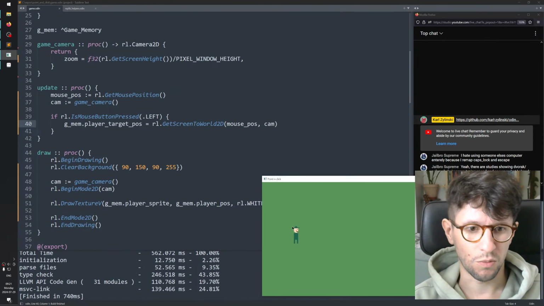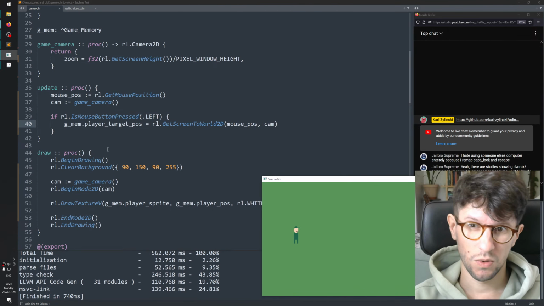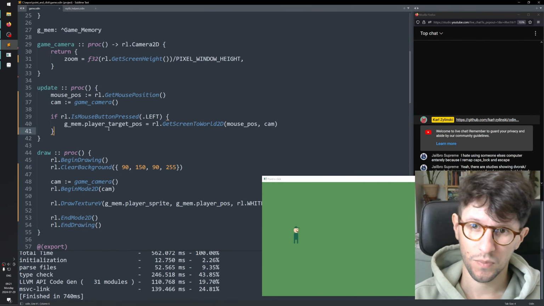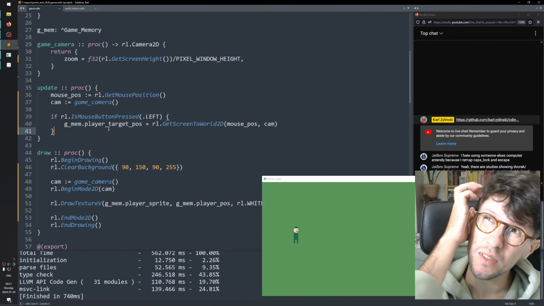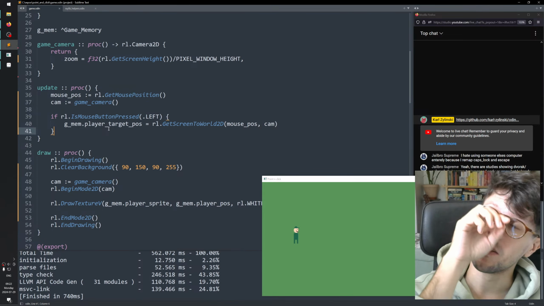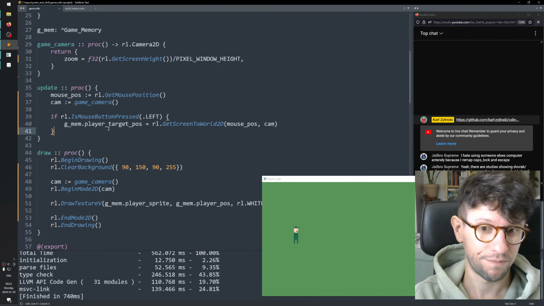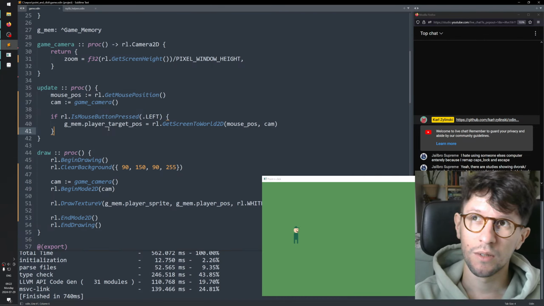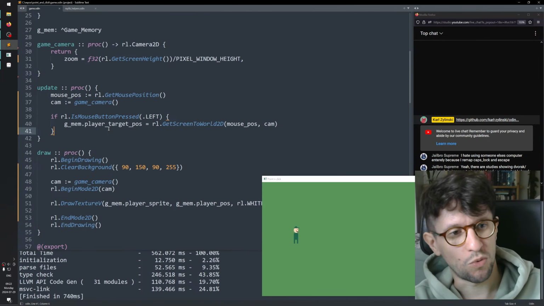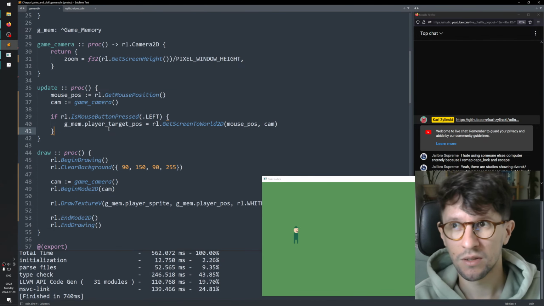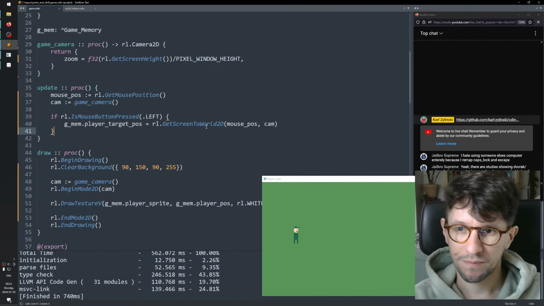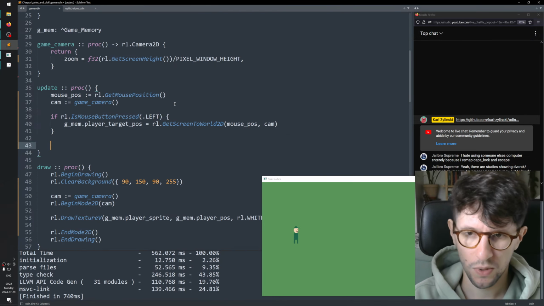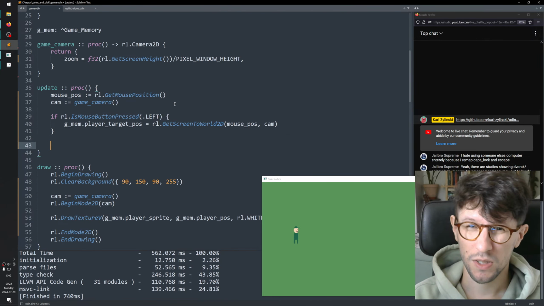Right, now we just need to move the character there, so we need to interpolate the player character. There's a bunch of ways to do that. If you have a point and click adventure game, you probably almost need some kind of pathfinding, because you usually need to walk around things. But here we don't have anything in the way yet, so we can just say